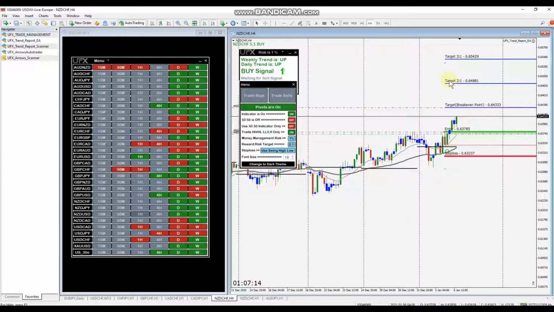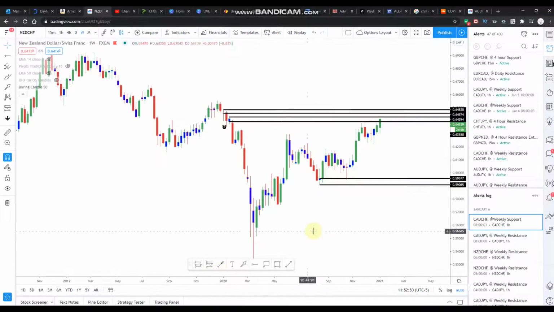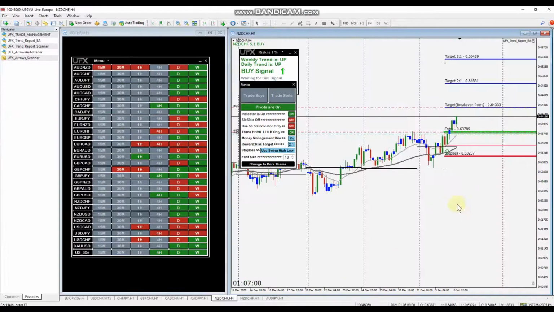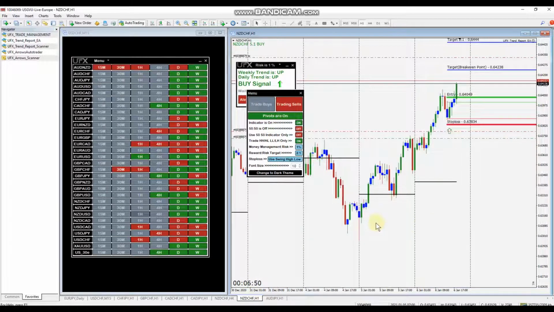I did readjust everything, and I'll show you why. We'll hop over to TradingView, and you can see the weekly chart. I got a signal today. We pushed up into the weekly resistance area here. I've got the alert. So what I have done is I moved this trade on the 4-hour to break even. I've readjusted my target to a 1-to-1, and I've also set up the trend report EA to look for sells